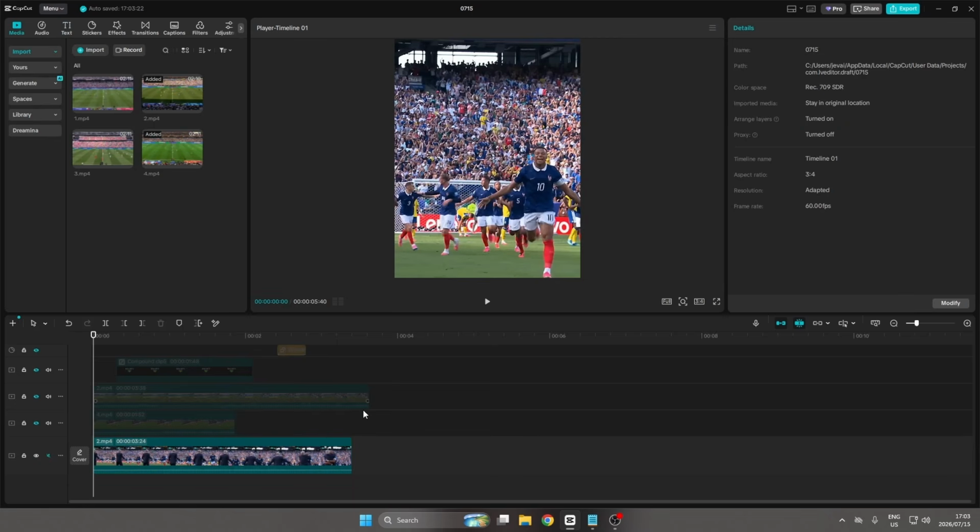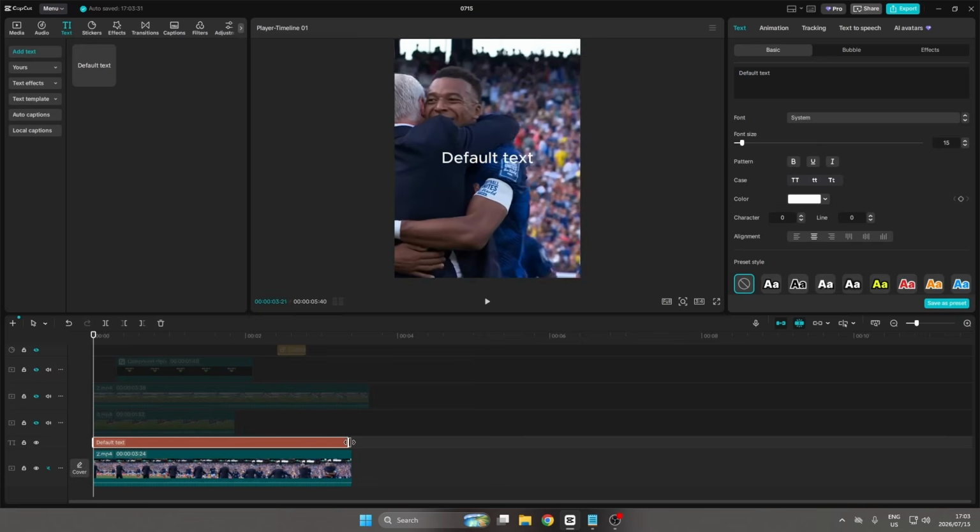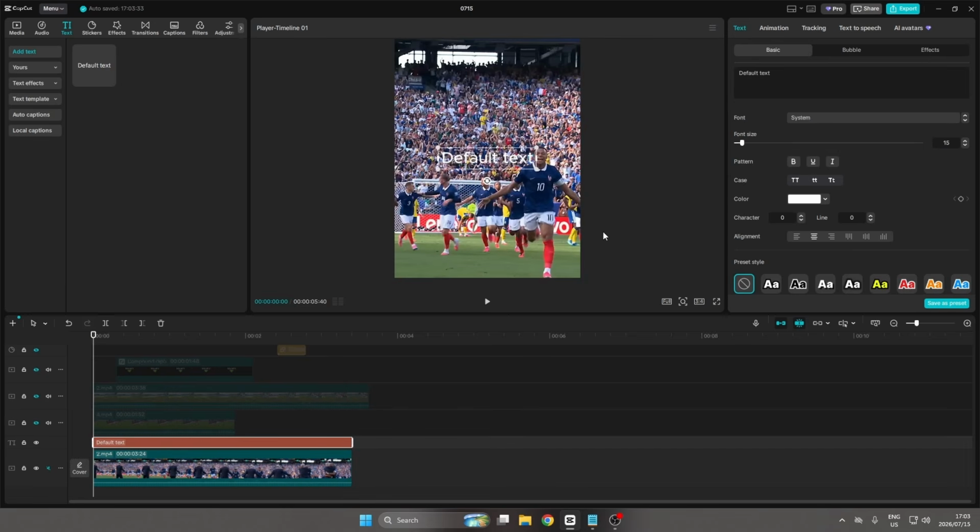There we go. Okay, so for the next effect, it's going to be the text animation, and to do that, we're going to click on the text menu right here. We're going to drag in some text, just place it on top of your clip right there. We're going to make this text glow a little, right? So I'm going to change the font firstly. Maybe let's just rock it with Montserrat, and we can write Mbappe celebrates, and I'm just going to add that